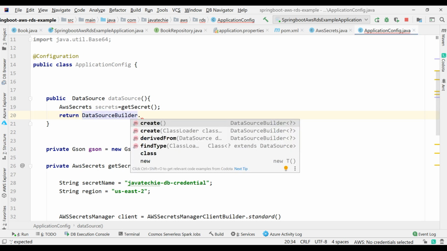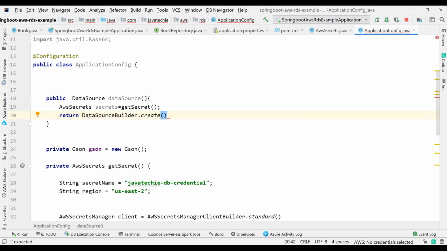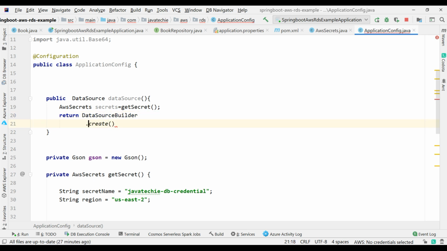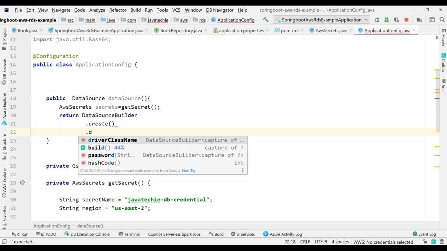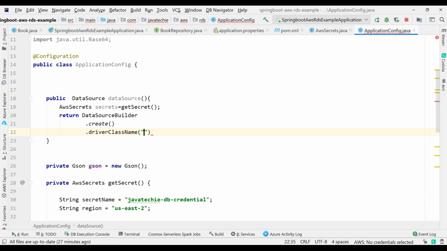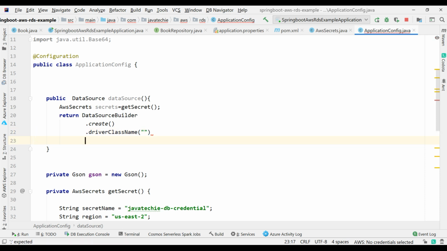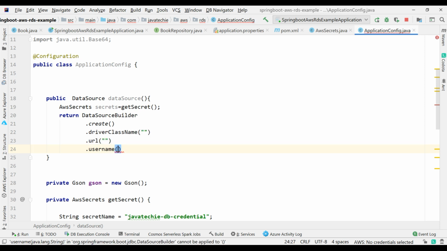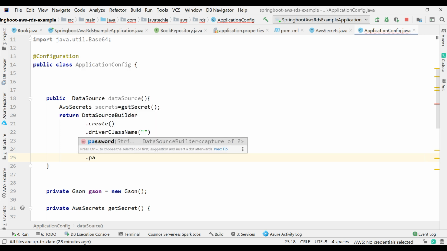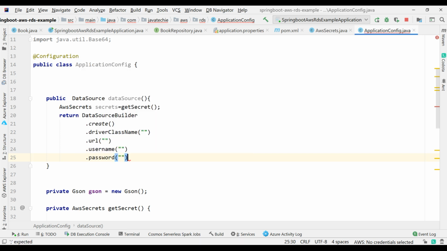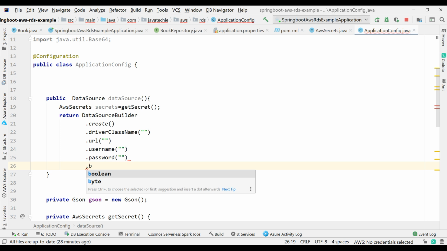Then you can just click on create, then add all the properties here. Okay, so let's format it properly. Pass the driver class name, just add empty now, then just pass the URL, just pass the username. This is how we usually create the data source, right? Just add password, then just build it.